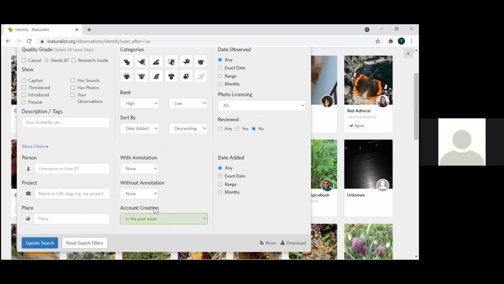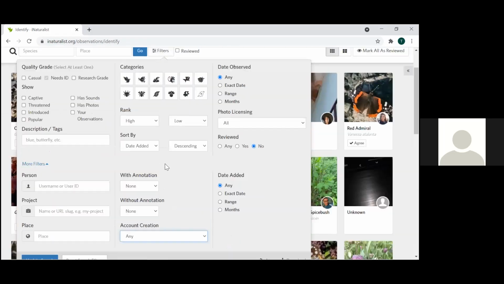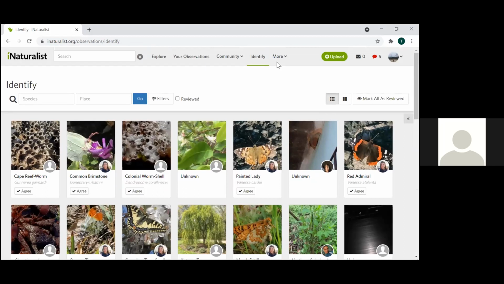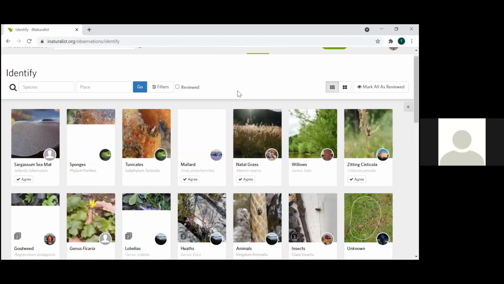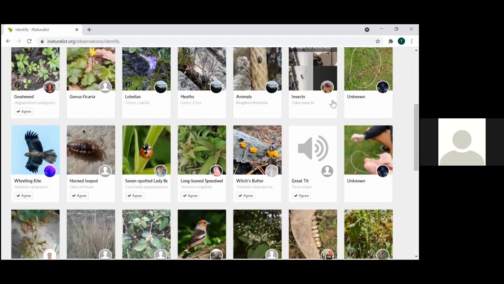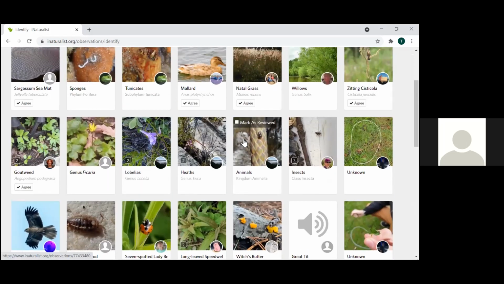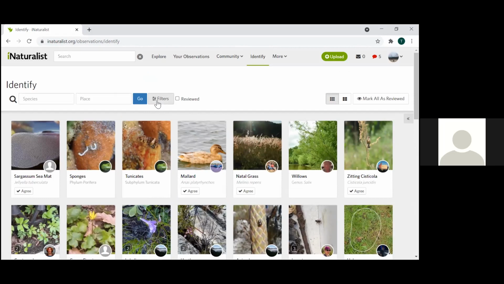Whereas if I got rid of that and I go any, and we just wait for that to load, you'll see that number goes down to 1, 2, 3, 4, 5. So immediately it goes down. But another way to do it, and one thing I personally do, is I always like to welcome new